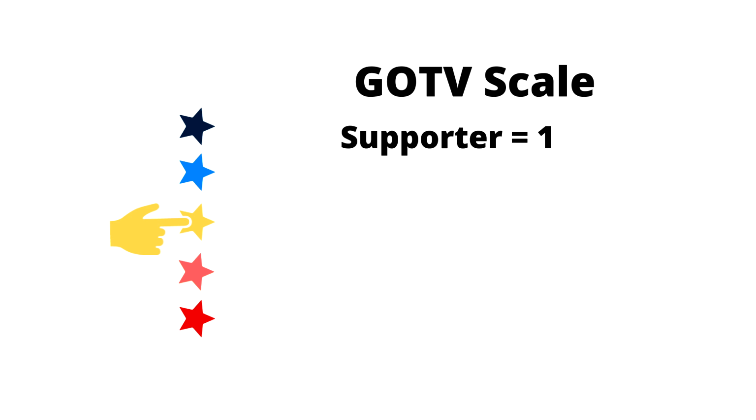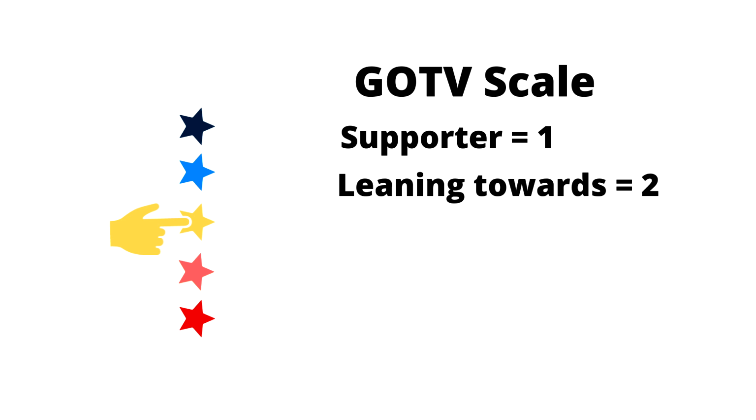So, when you are identifying voters, everyone uses the same universal scale, rated 1 through 5. I'm talking about the 2016 election cycle. So if you had come out to vote and you were a huge Hillary supporter, you would have been labeled a 1. Now, if you had come out to vote, but you weren't a huge Hillary supporter and definitely hated Trump, so you were voting for Hillary, you would be labeled a leaning towards,